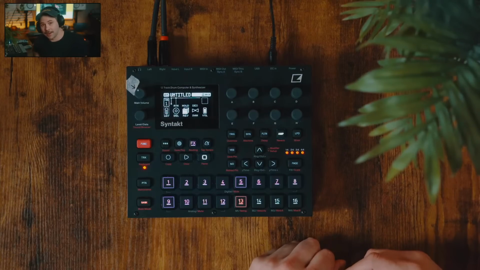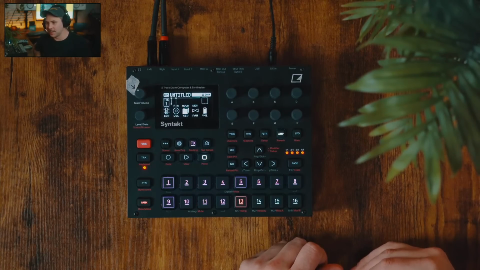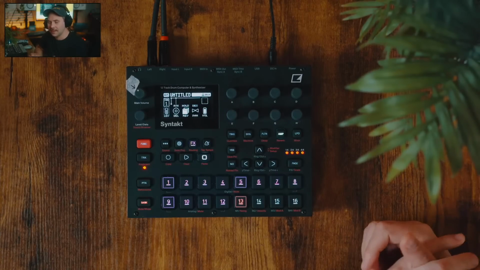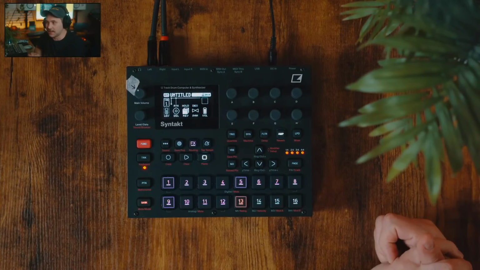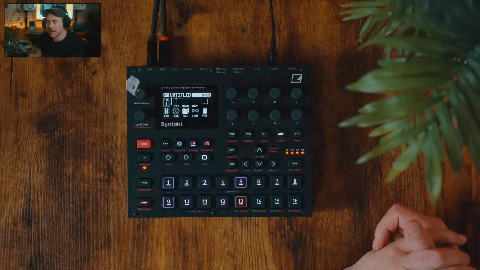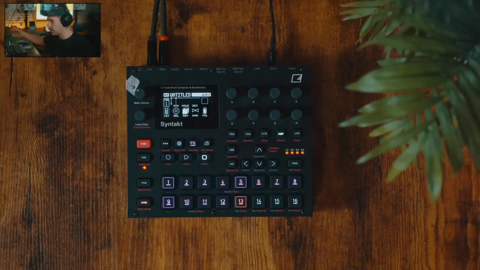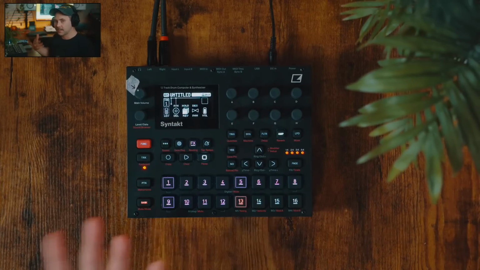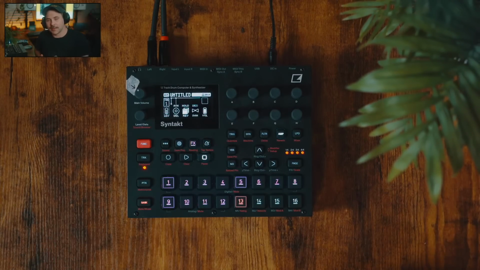Syntakt is pretty rad, right? I really do like the Syntakt quite a bit. Yeah, playing my guitar over this is definitely ideal. I'm not set up to do that right now on stream, but this is a great thing to do. We got a Microcosm over here. Actually, I'm not gonna do it right now. It's not set up, and we've already been streaming for an hour and a half, but